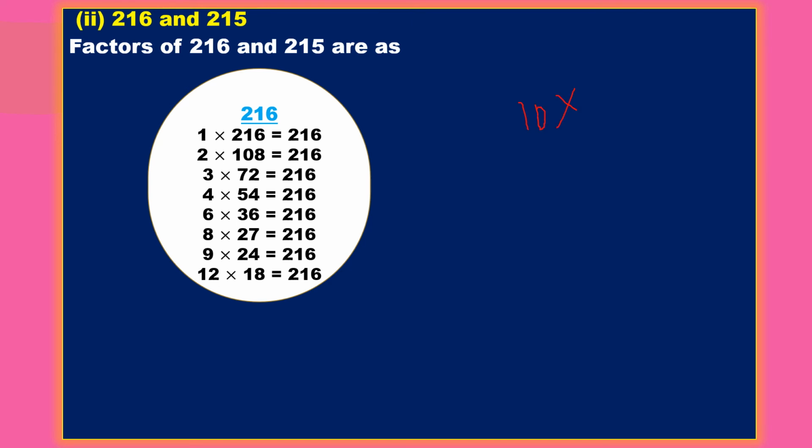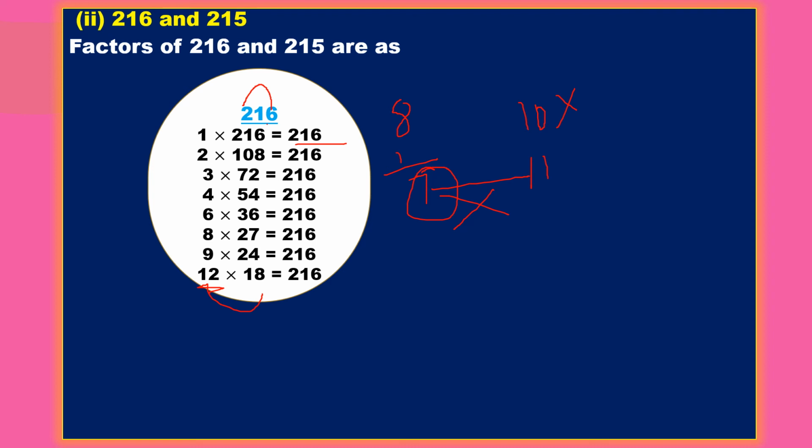Here, the 11 divisibility rule is that you should look at the alternate digits. 2 plus 6 is 8, and 1 is there. If you subtract, whatever answer you get should be divisible by 11, but it is not divisible by 11, so the entire number is not divisible. Next is 12. 12, 18 times.